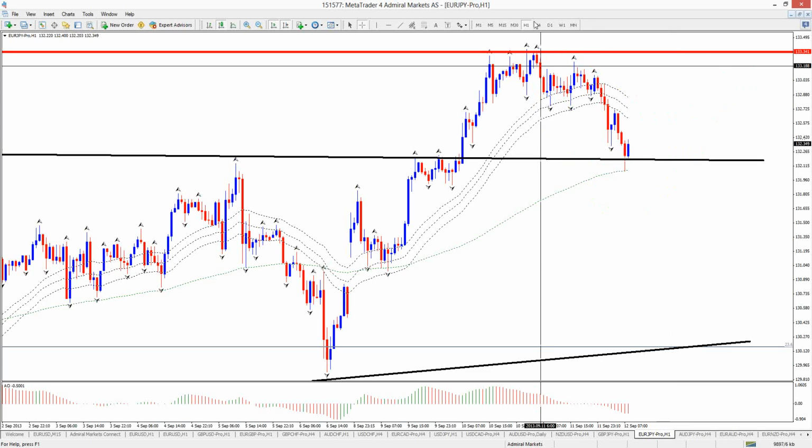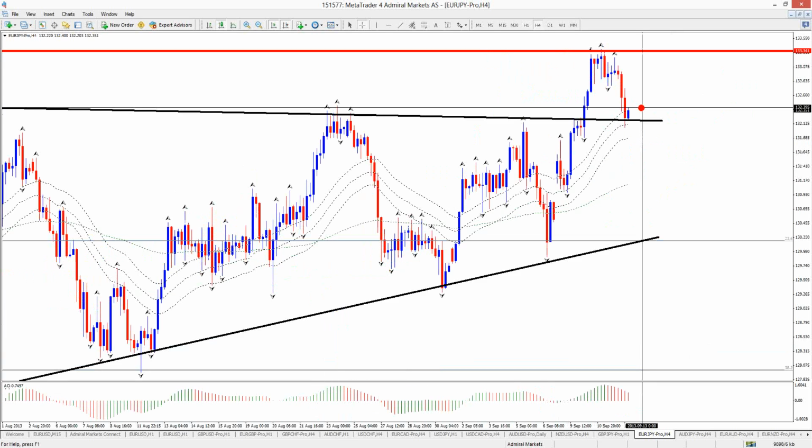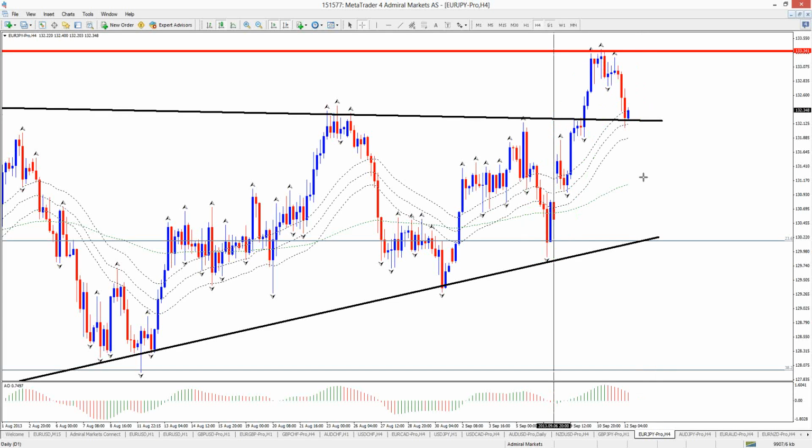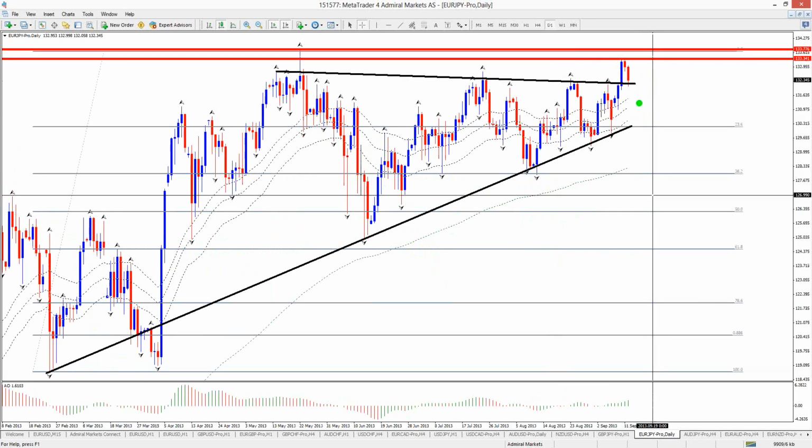And if we then move on to the 4-hour chart, you can see that the downside, in fact, could be a likely retracement of this upside. And if we then move to the day chart, you see that we actually are just still retracing Tuesday's daily candle. So that's just to put everything in perspective, how you can use all these time frames. And it is sometimes a bit confusing, but